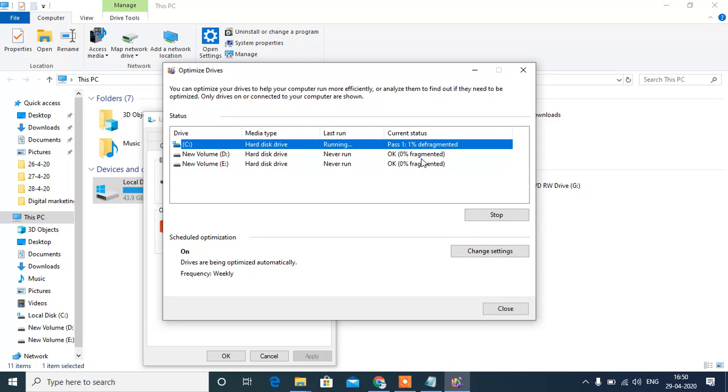Wait until 100% is done. This will speed up your computer more effectively, and you can work very fast.